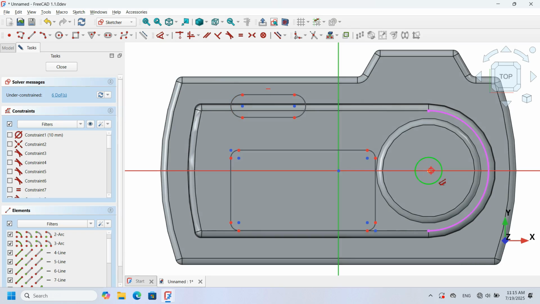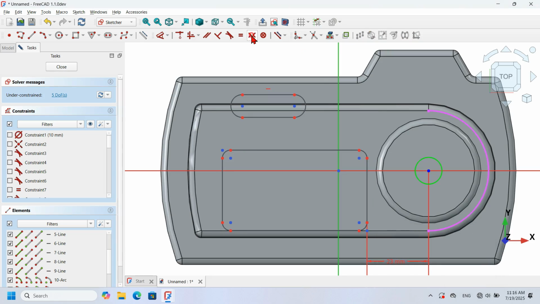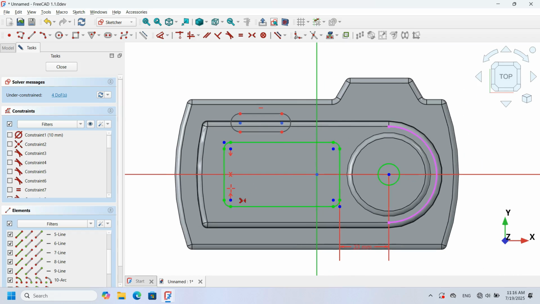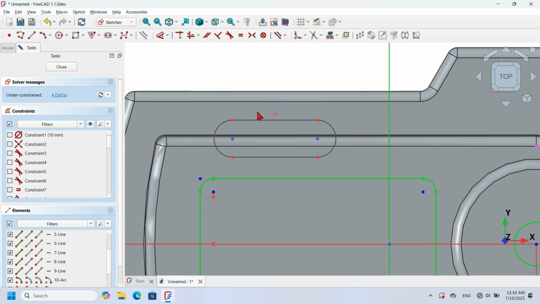Let's click on the center point of the circle, and now on this vertical line, and let's say 23 millimeters, and next let's use the symmetric constraint. Select these two center points in this way, and now the horizontal axis, and we have this, as you can see. Next, skip this tool, zoom in here and